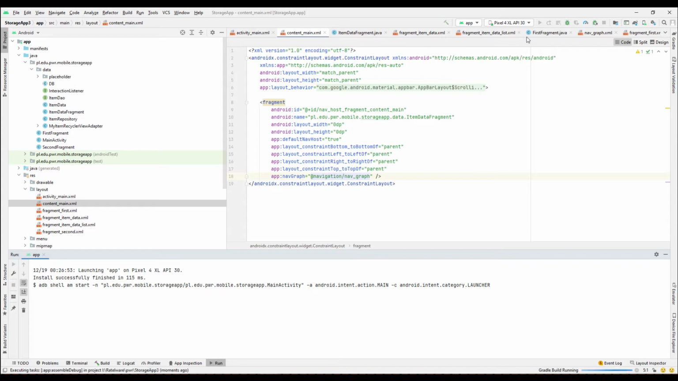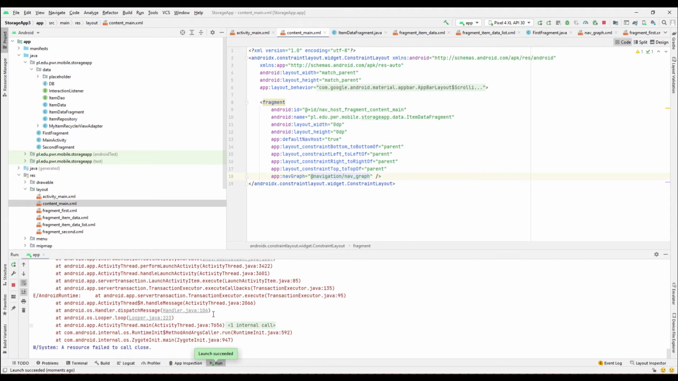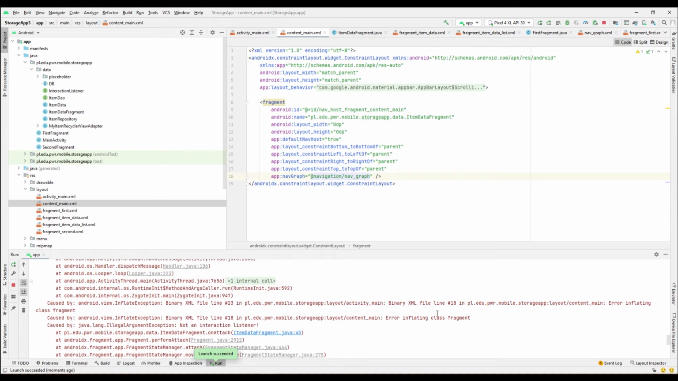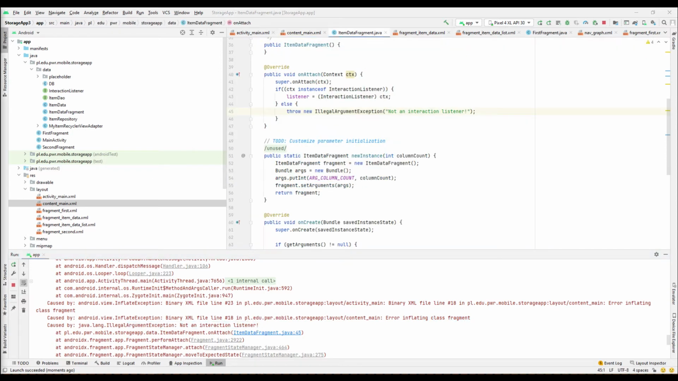Okay, let's try again. Maybe we'll be able to see. Yeah, we got an error, and the error says that it couldn't inflate this fragment because our context was not an interaction listener, which actually makes sense, right? Because we didn't implement this interface on the context. So now we need to do that, so that we'll be able to start